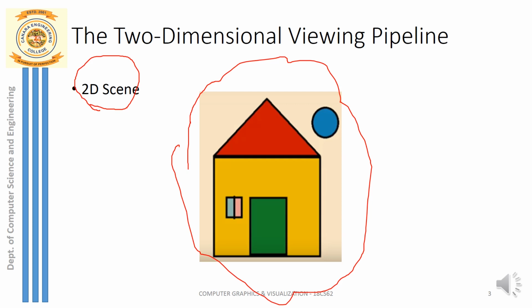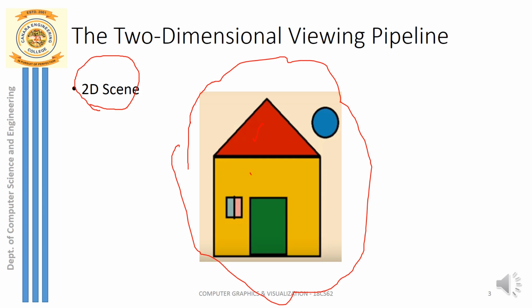What is a scene, first of all? A scene is made up of multiple 2D objects, or if I call it a 3D scene, it is made up of multiple 3D objects. Here is an example of a two-dimensional scene, made up of multiple two-dimensional objects. This is object 1, a triangle-like shape.